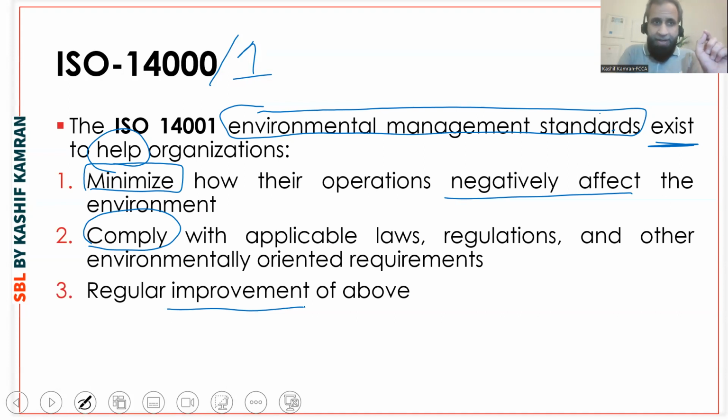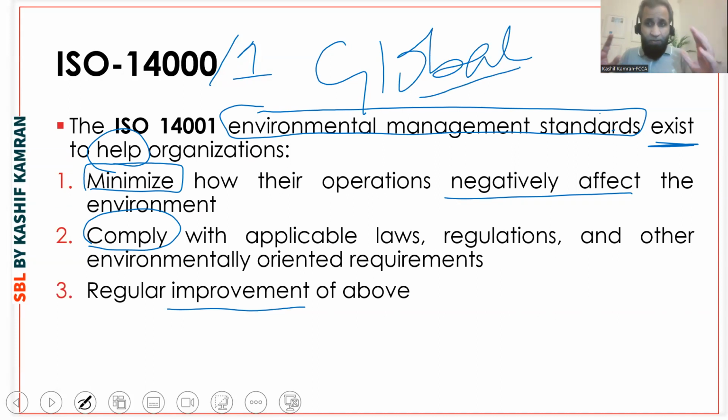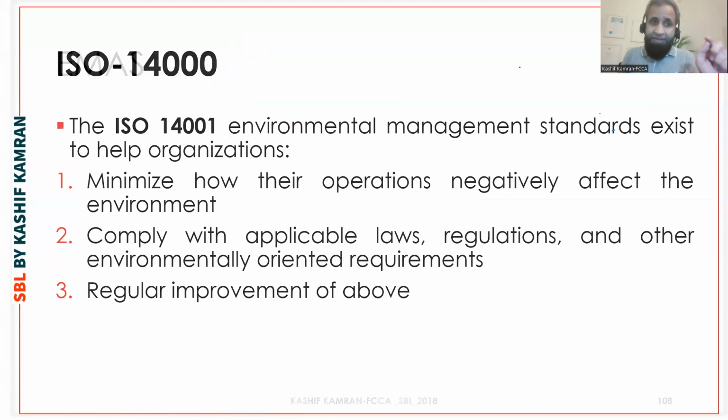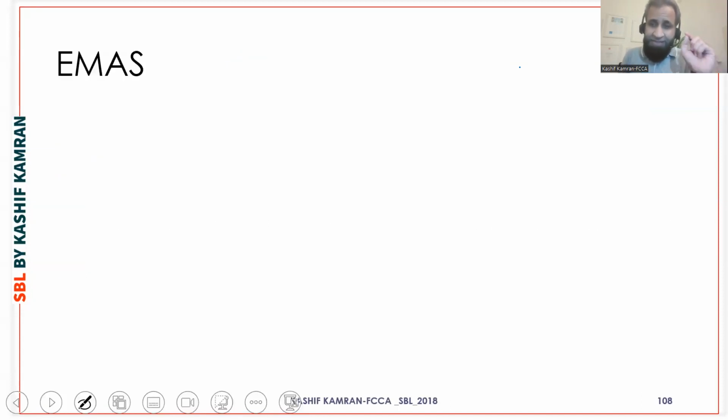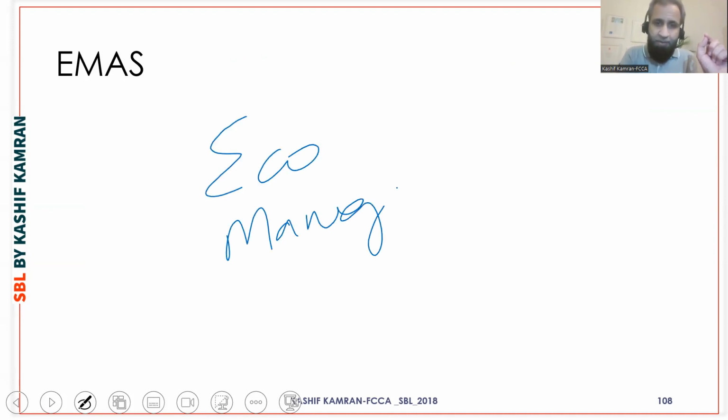This is global, right? ISO 14000 is global. Any company can take it globally, just like your international standards on auditing or international accounting standards. These are international standards organizations, the global standards for environment. The next is EMAS. EMAS stands for Eco Management and Audit Scheme. So E is eco, M is again management. So eco management, so eco is the environment, right? Eco management and audit